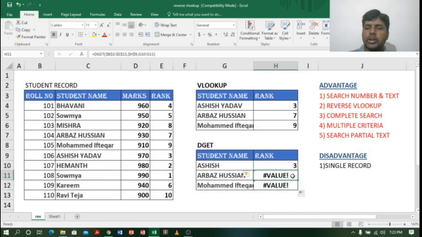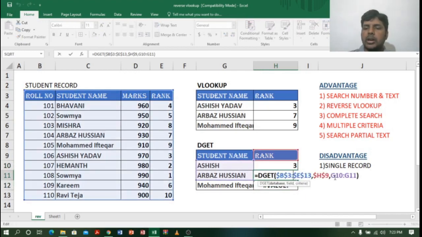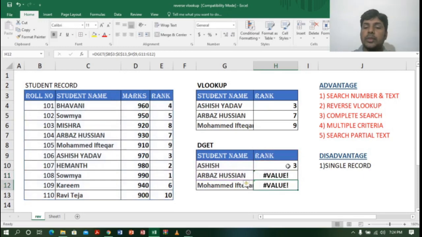Why is it showing error? Because when you drag, it automatically selects the criteria as G10 and G11. You can see here, it will consider G11 as text and G10 as a heading, but when it searches in the table, it cannot find Ashish as a heading, right? So that's why we get an error when you are searching more than one record.